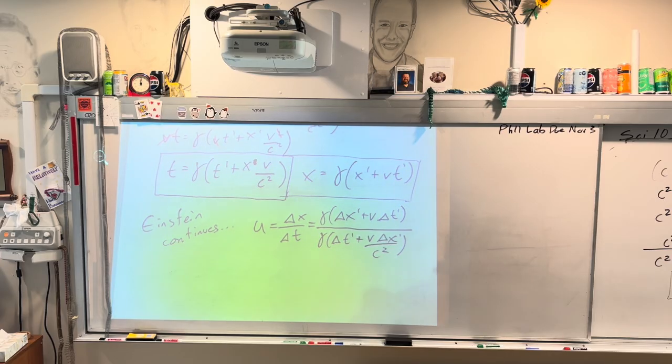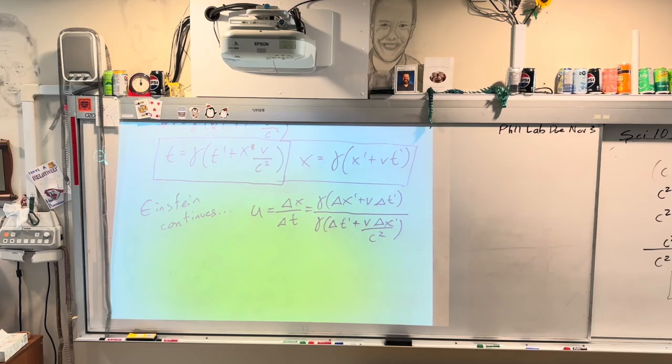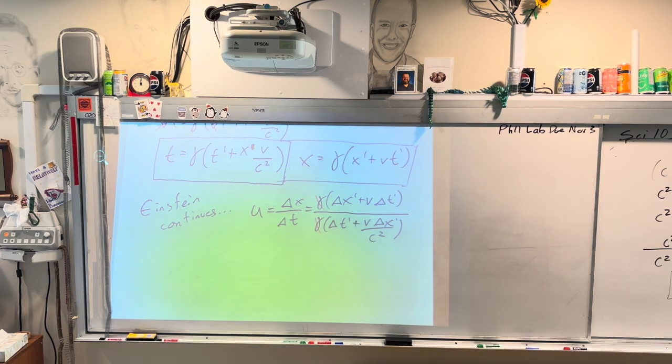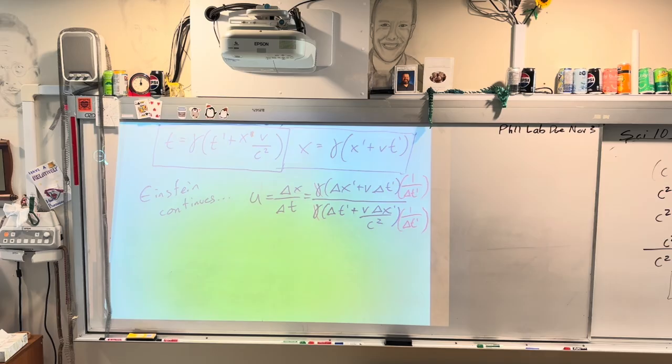And then if we kind of, well, you tell me, what can we do with that right away? Cancel. We can get rid of our gammas, which is quite nice. And then if we multiply each of these by 1 over delta t prime, that's chill because it's just multiplying by 1. And what we end up with